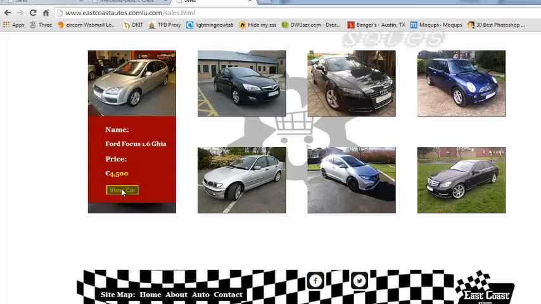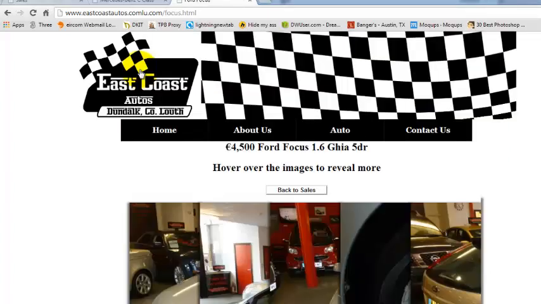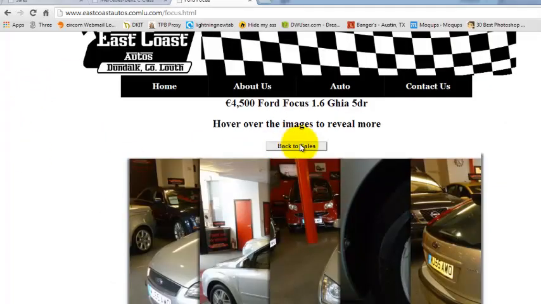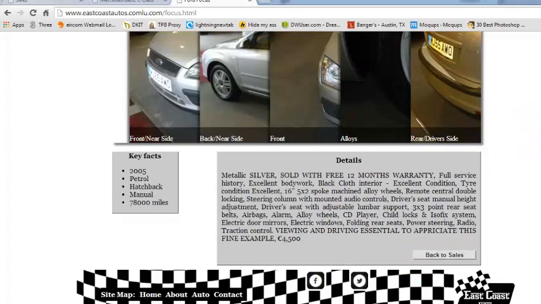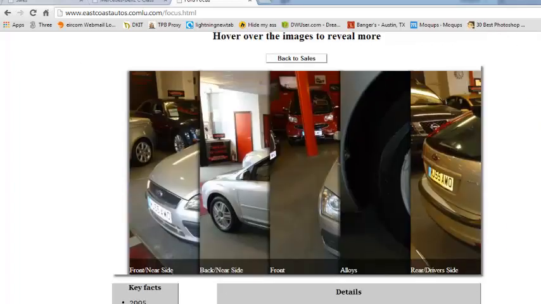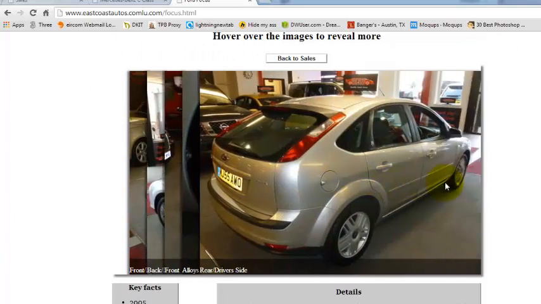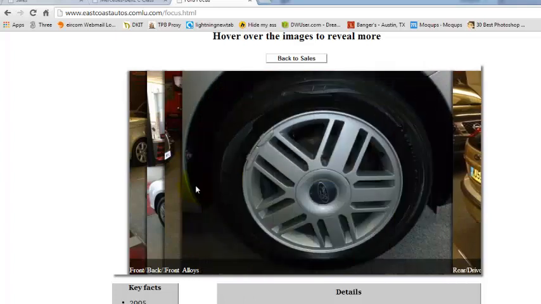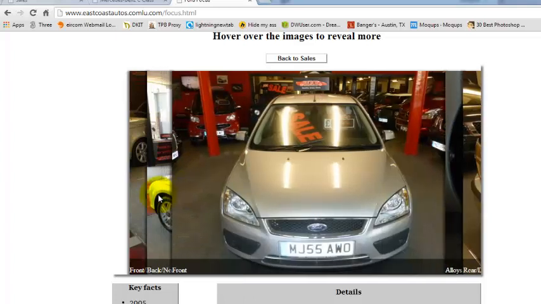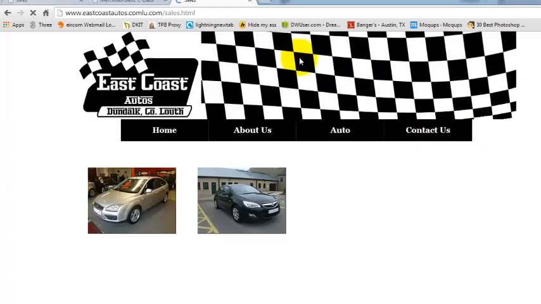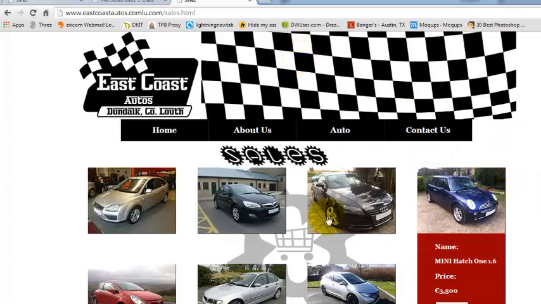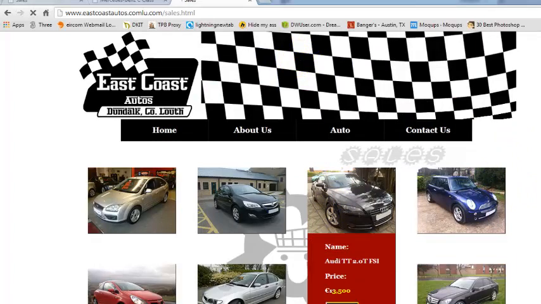It changes over a period of 0.8 seconds and the color changes. So even if you press on the button or you just press on the picture, it'll take you to that car's individual page. Same here, these buttons take you back to the sales, and it's implemented down here too, so you don't have to scroll up. Each car has its own individual CSS image accordion that gives you pictures about each car. So if I go back to sales, I'll choose another car here, this Audi TT, click the button,